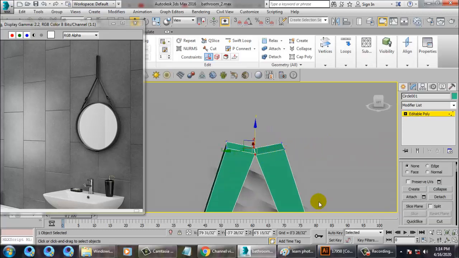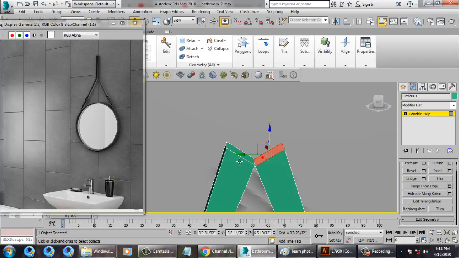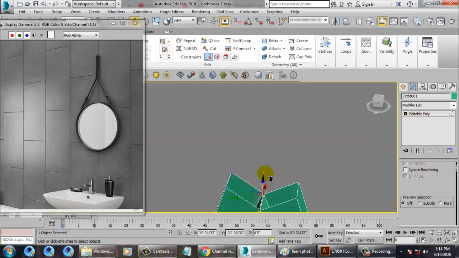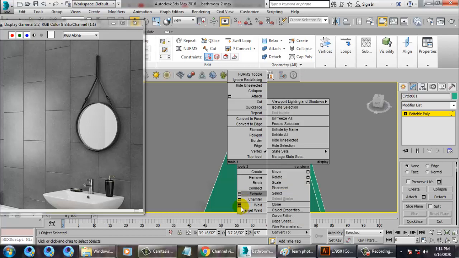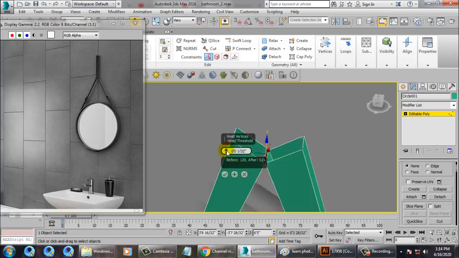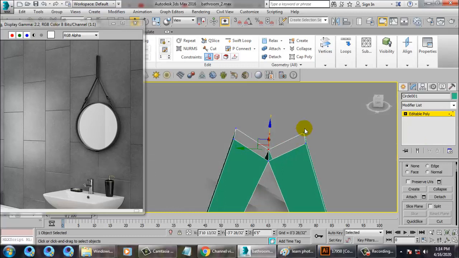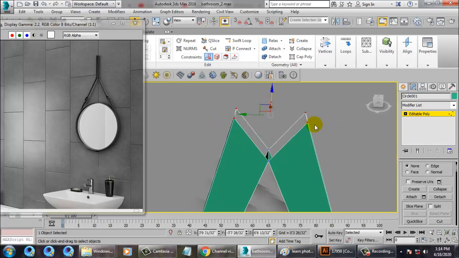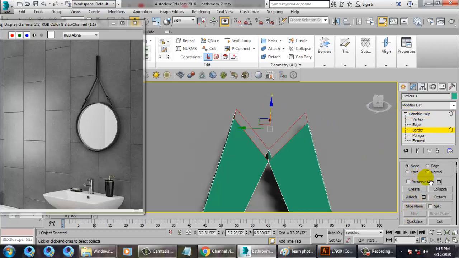So select this and this. Right click and just weld it. Select this, right click and just weld it, and the same thing will happen over here. Select both the stuff over here, and let's select this and you can just bridge it if you want.